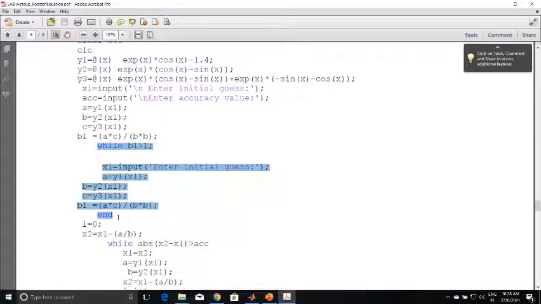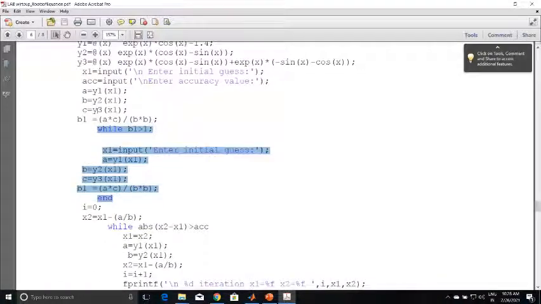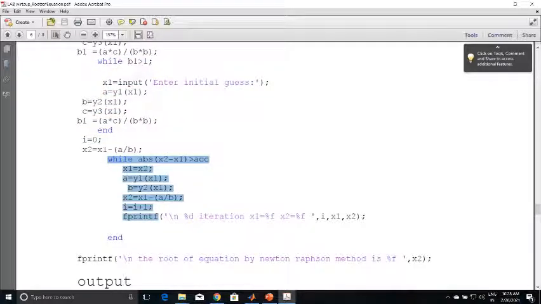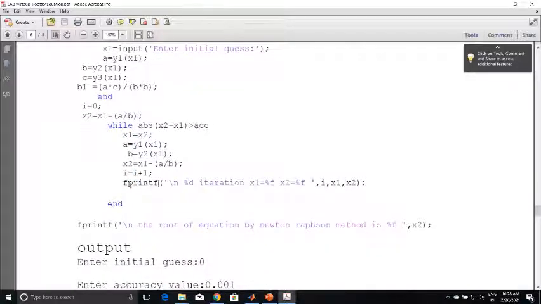In an exam the examiner may ask you which is the condition for the convergence check. If it is greater than 1, then you need to take the initial values again from the user. If it is not satisfied, then the second loop will give you the method. In this second loop, the Newton-Raphson method is there, and this is a printing statement in order to print the roots.